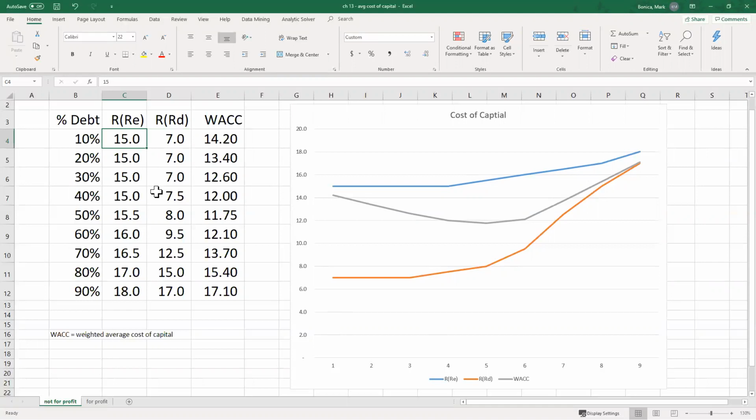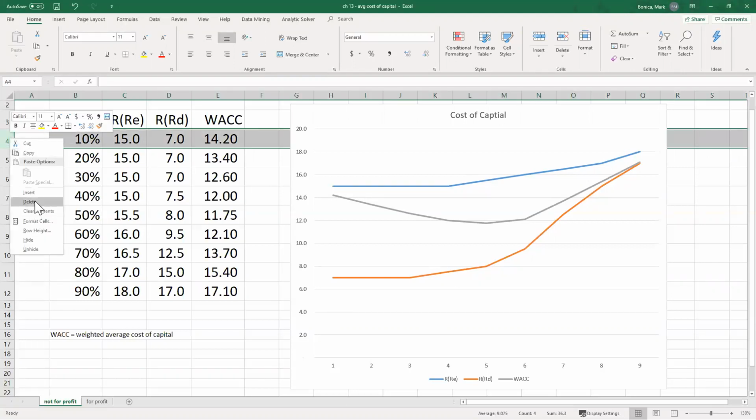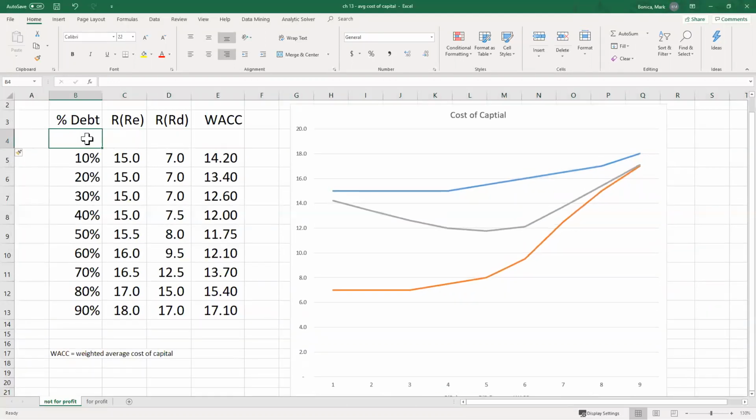Okay, and probably we could even imagine at 100% equity, they'd pay a 15% required rate of return on equity. So if we had, I'll just add that line since I can. Let's say 0% debt. Let's say it is 15% equity, still 7% would be the offered. They aren't paying it, but the offered. And so the weighted average cost of capital would be